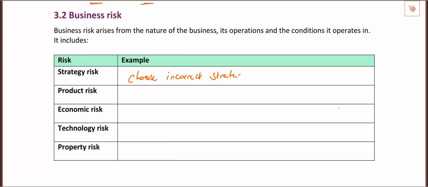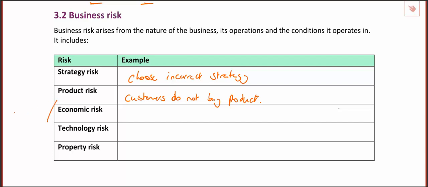So we go down the low cost route, where actually that's going to damage our brand overall, and it's going to lead to us losing money. Product risk can be part of that, and this is just the risk that my customers do not buy my product. So really nice and simple, and that could be because it's overpriced, it could be because it's a poor product, it could be because we're a bit behind the times in terms of trends, whatever the reason, that's all going to be bundled into product risk.